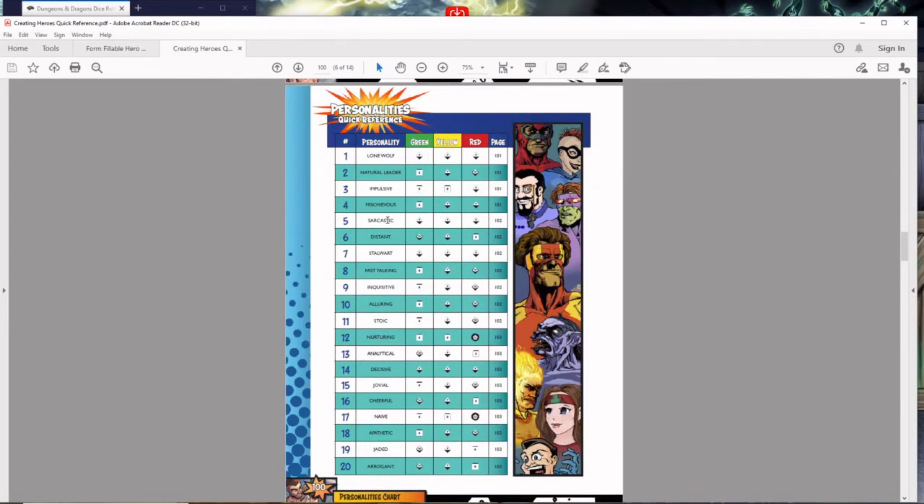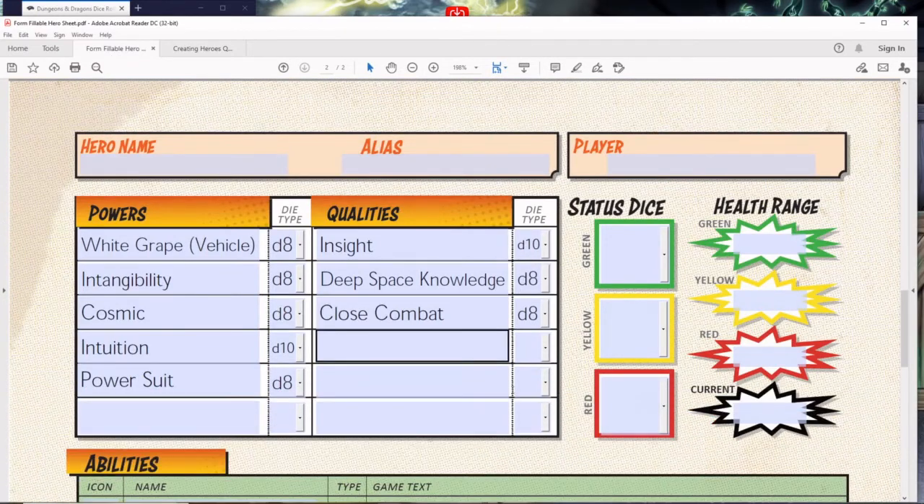And 5 is sarcastic, 7 is stalwart, and 12 is nurturing. I like nurturing for this character, this hard light hologram lady who rides around on a space-Vespa. Yep. Okay. Now,